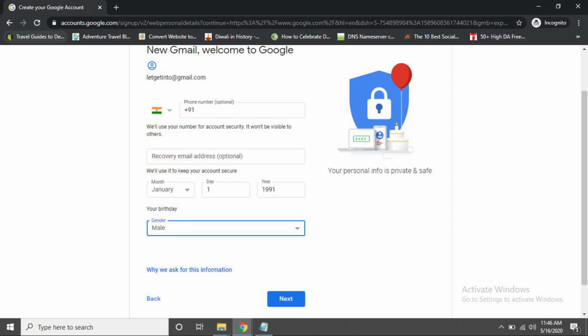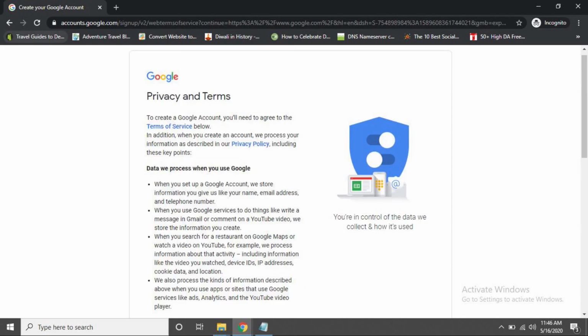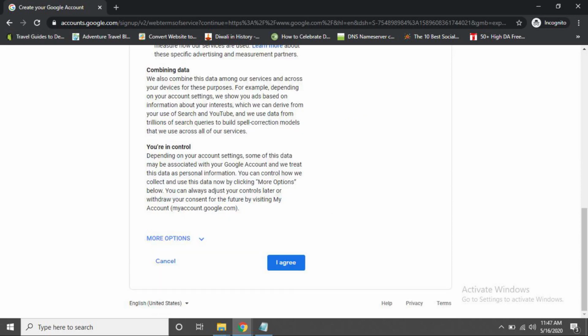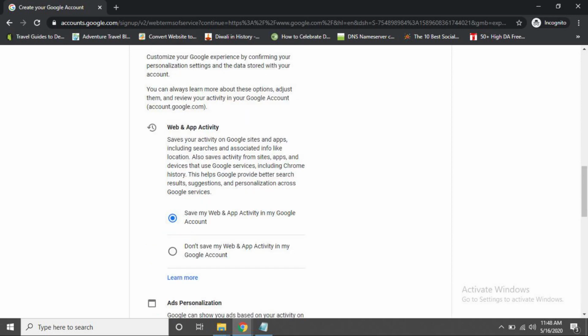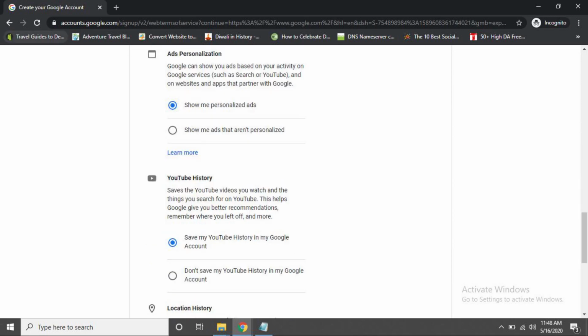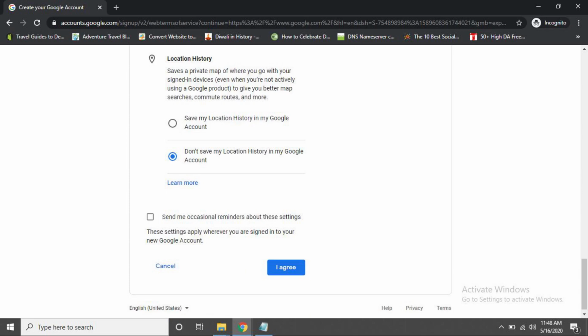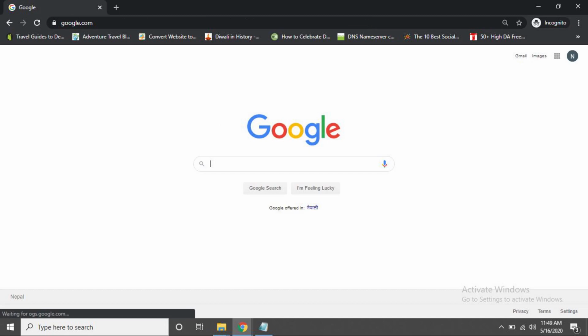Click next, then the policies and agreement page shows up, where most people directly go with I agree. But personally, I recommend clicking on the more options, as you can see on the screen, which will take only 20 seconds to check. After that, click on I agree. Now your Google account is ready to go.